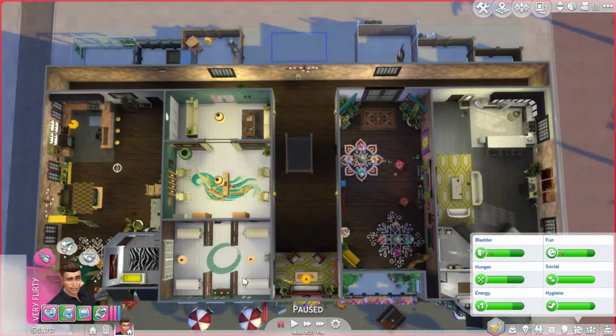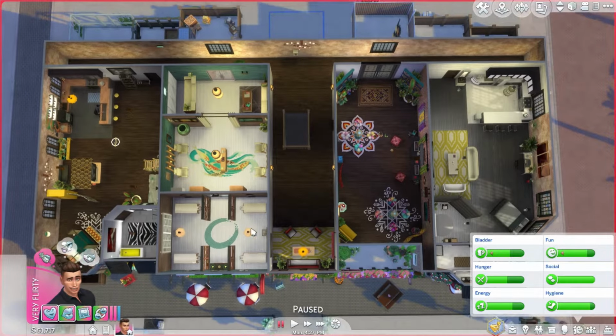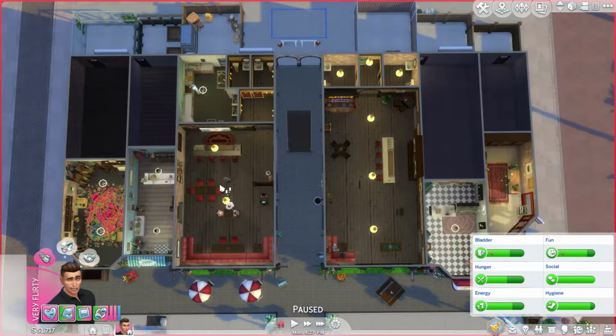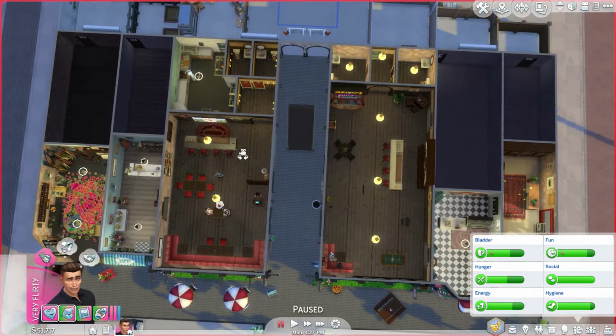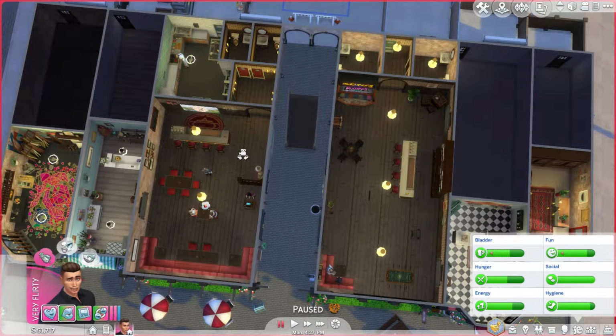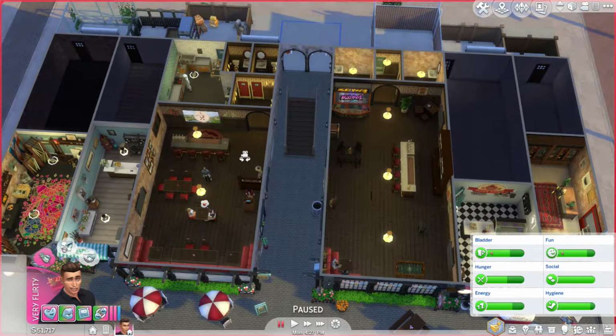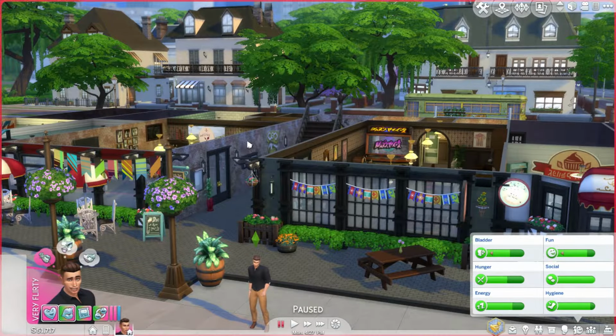But yeah. So I really do like this build. I think it's very versatile. You can use it for a lot of different things, which is neat. And I hope you guys like it too. I don't know, I really enjoy it. It's kind of what I was hoping for from City Living, and I know I wasn't going to say anything else, but why can't we have a block of shops all in one spot? But anyway,